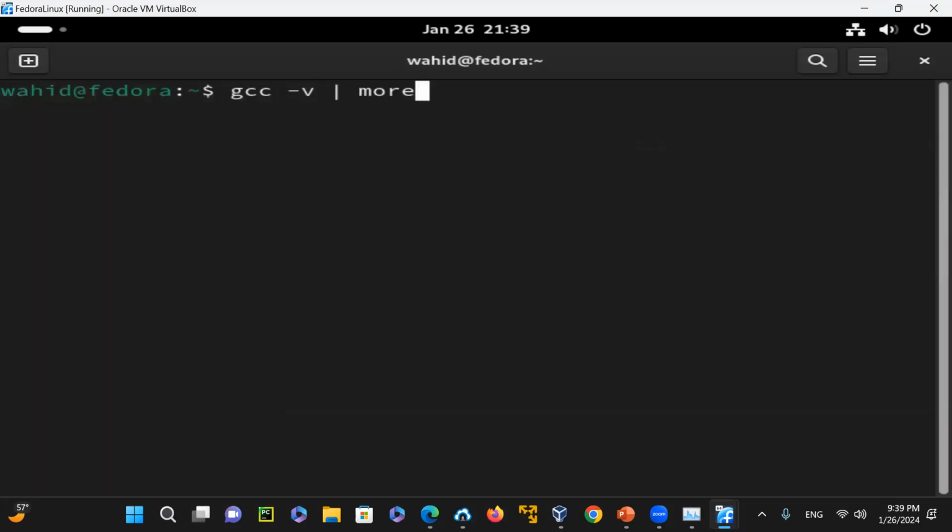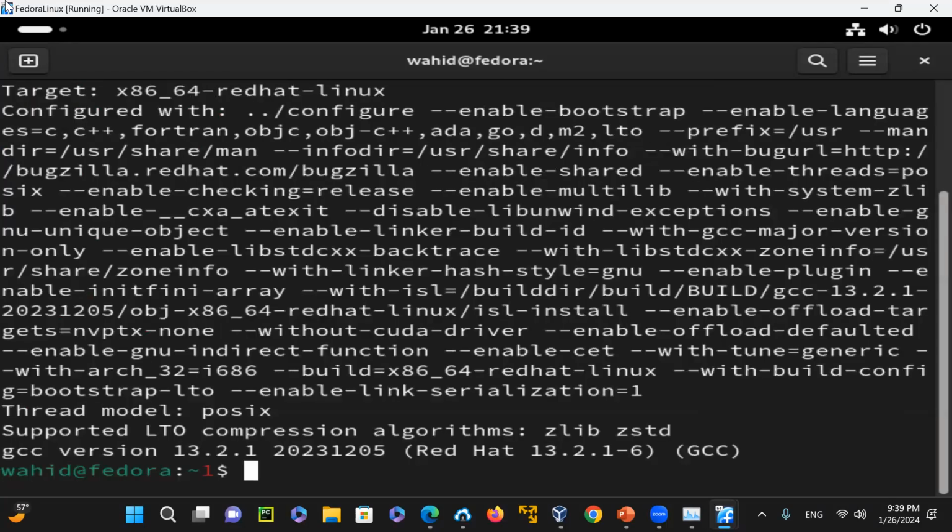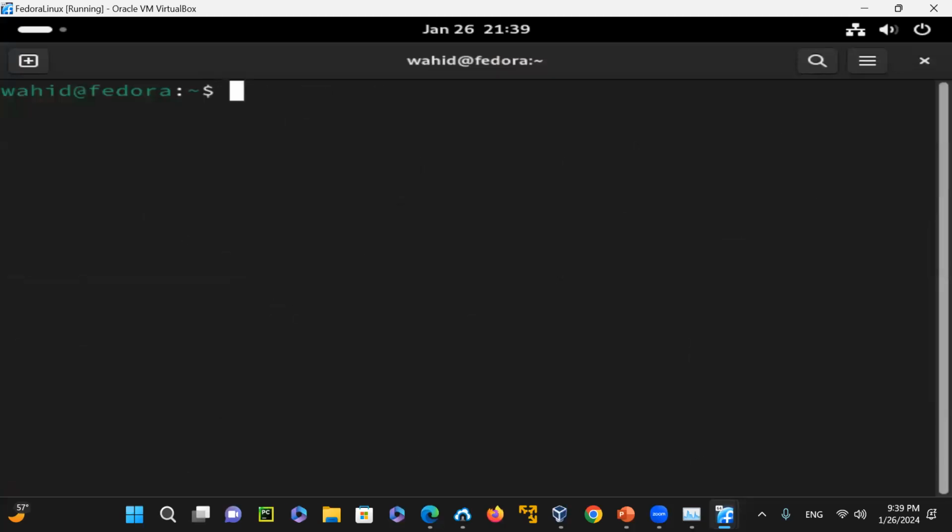So if I just do this one and say grep target, it still comes in. And notice that if I do the same thing from the input file t.txt,